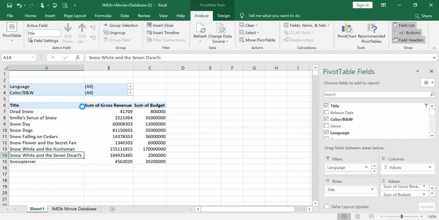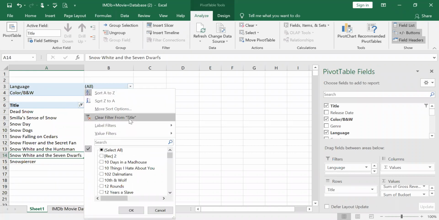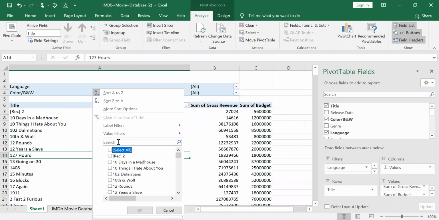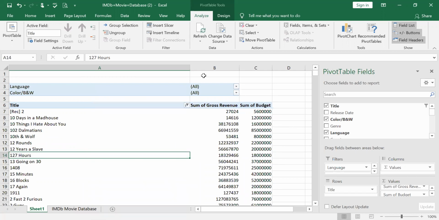In that, if I clear all the filters. Okay, now what I do, I just deselect all. I just give snow, right? And I just want the current selection, okay, and then give, wait, it is not coming.